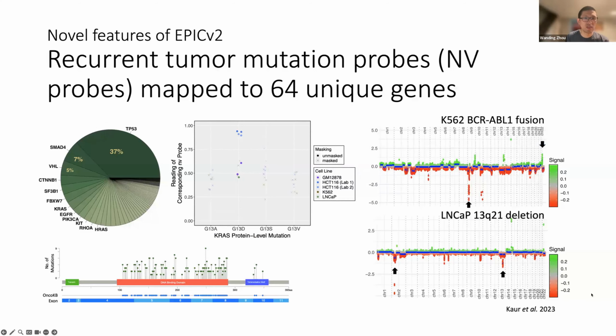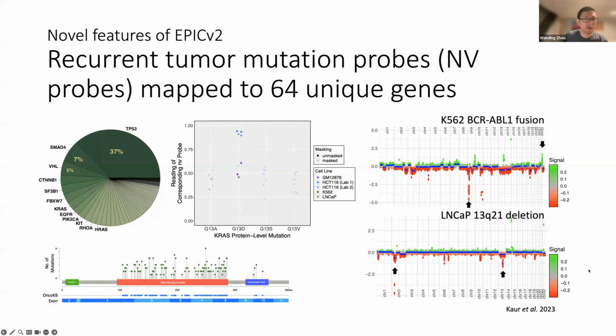And then lastly, with this EPICV2, Illumina has developed some new category of probes called NV probes. These are included to target 64 unique genes. These are genes known to be recurrently mutated in cancer. In this case, you can see that, for example, we tested on the 4 cell lines, and one of which has a signature KRAS G13D mutation, and it was correctly captured on the array. And also, just like the EPICV1 and the HM450 arrays, the EPICV2 can be pretty readily used to study copy